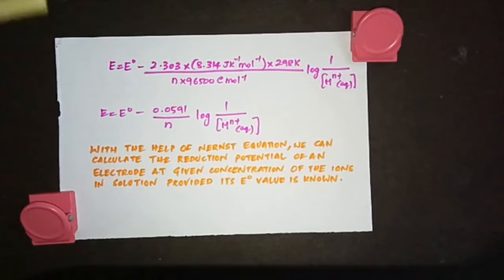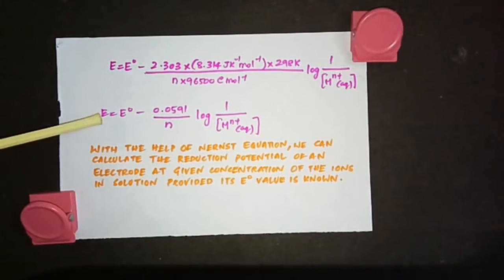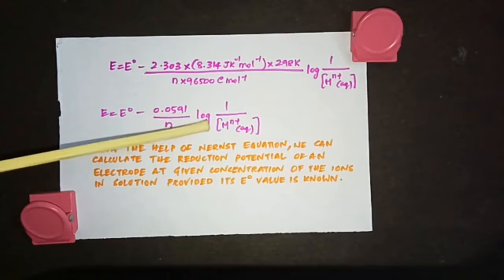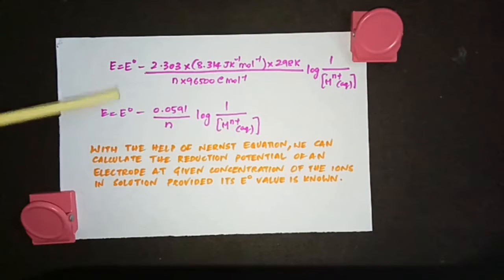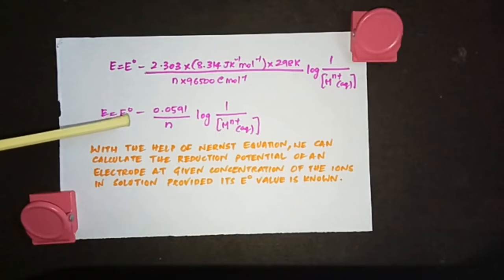You have to note down one thing here. This E stands for the reduction potential of an electrode. This is not the EMF of the cell. When you're talking about the EMF of the cell, you have to combine both the half cells, which means both the concentrations should be written here. We are yet to derive that equation, but this equation you're going to use for calculating the reduction potential,